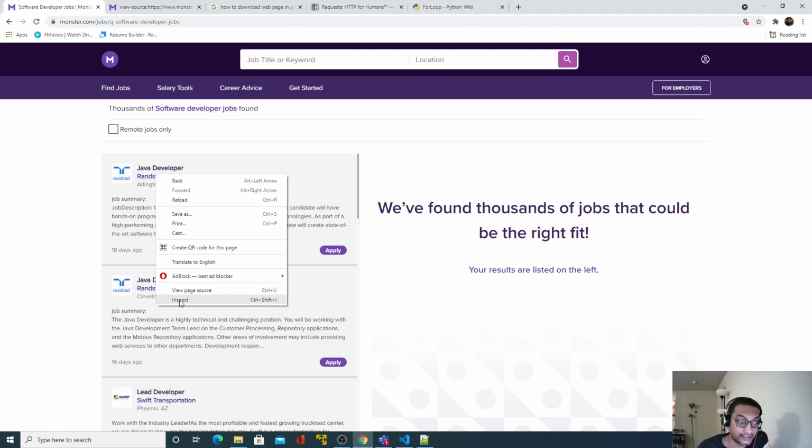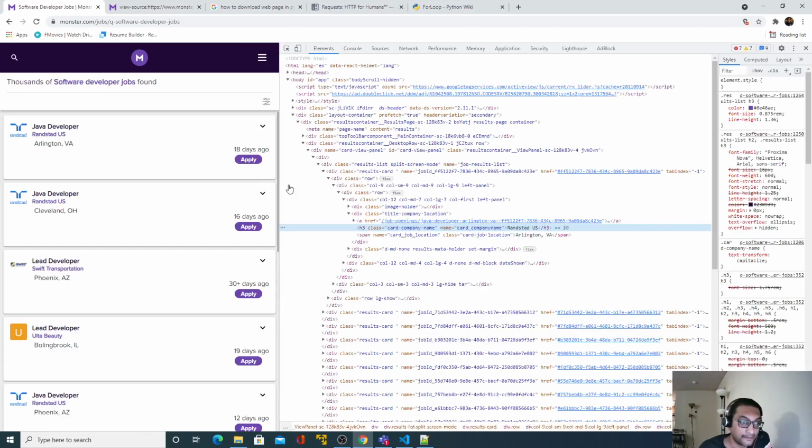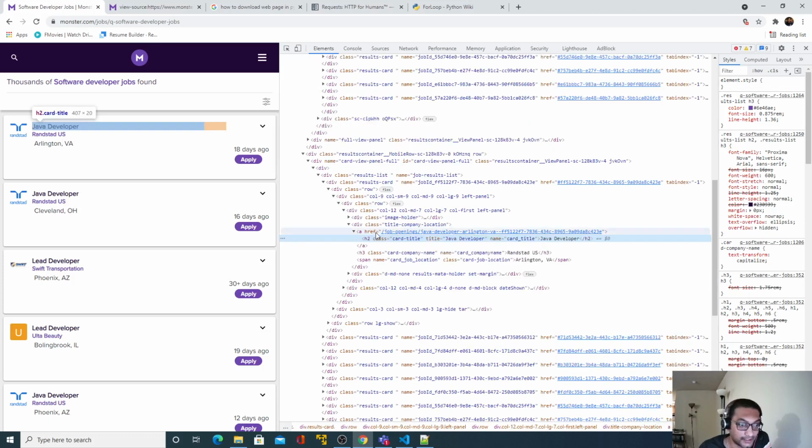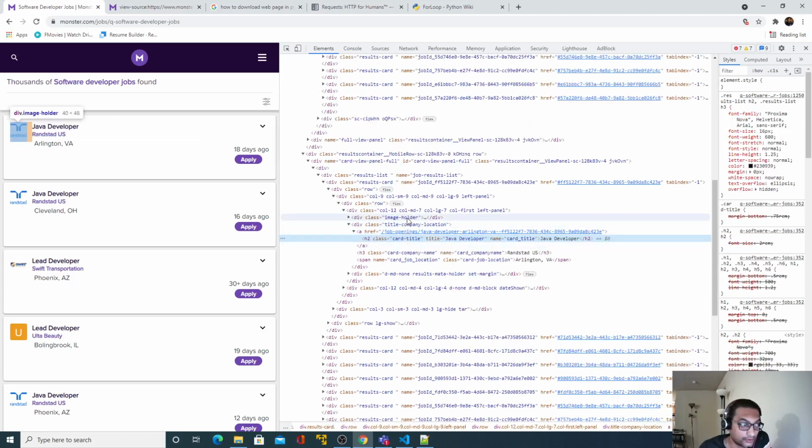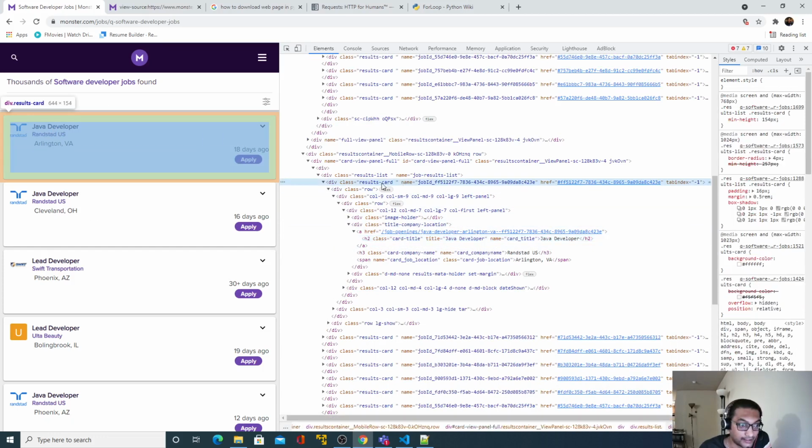If you right click and click on inspect, you will see, if I scroll my mouse here, the moment I highlight here, this div with class result card. Basically all the information which is needed is specified under this class.